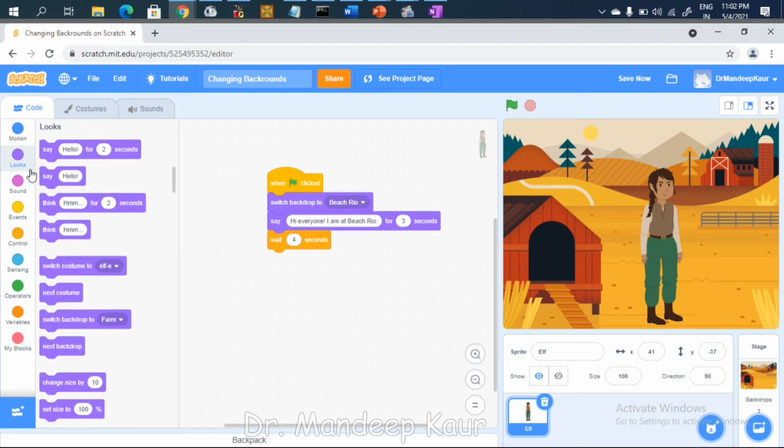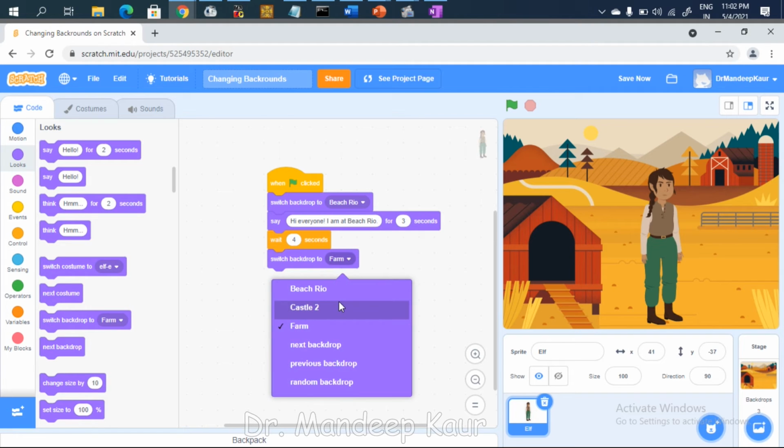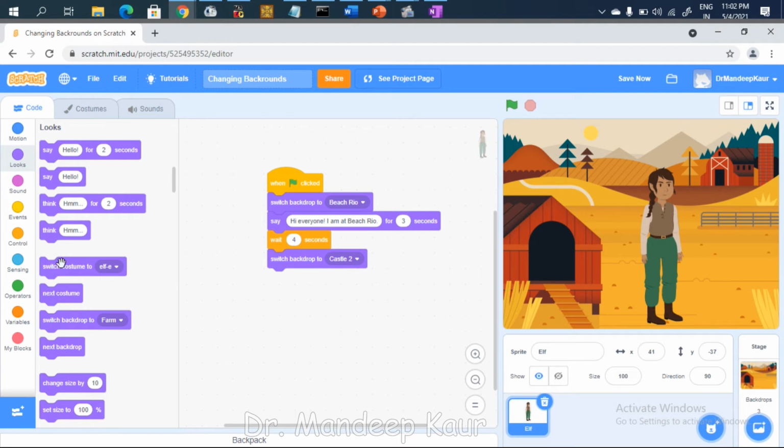It should switch again to some backdrop. So then after that we'll select castle. Fine, and then I want to say this is the way to my castle.